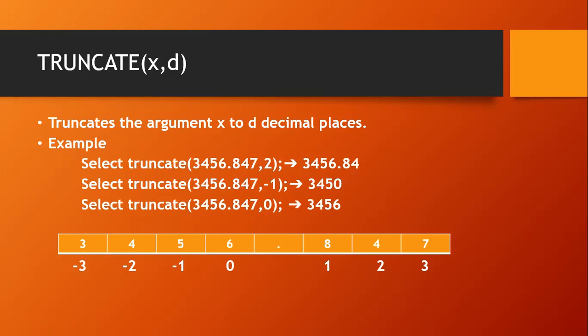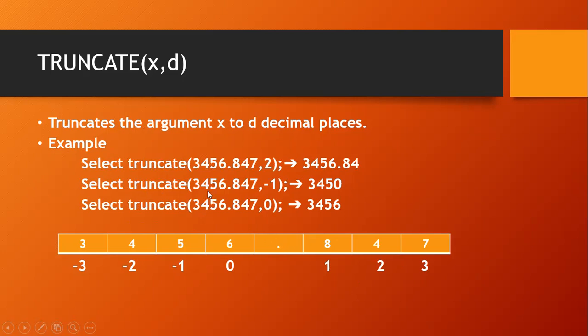Doesn't matter. So when I say this question, you needed 2 decimal places. For the third decimal place, it will not check whether it is greater than or equal to 5, it will simply trim off or truncate. And hence your output is 3456.84. So in the same way, truncate will not check whether the removed number is greater than or equal to 5. It will simply remove or trim that number, and hence you got the output this way.